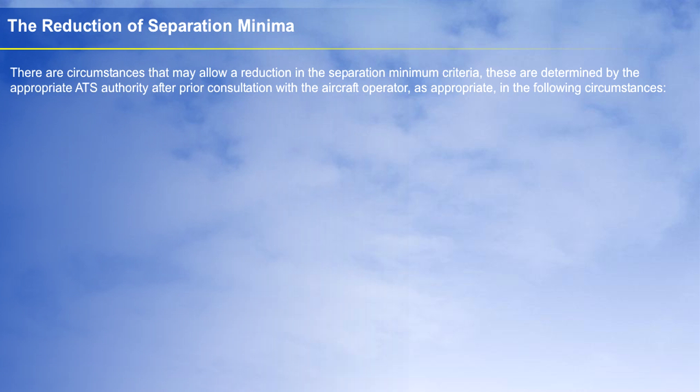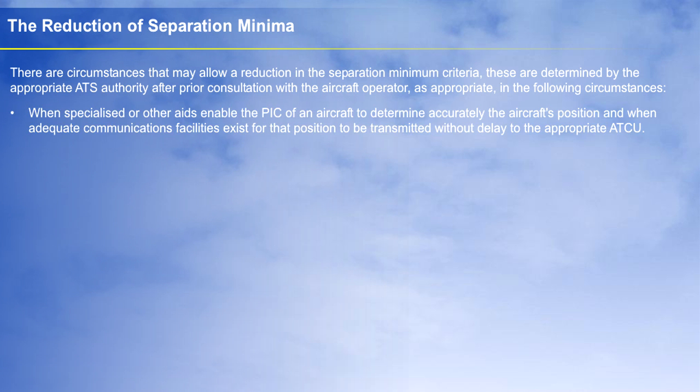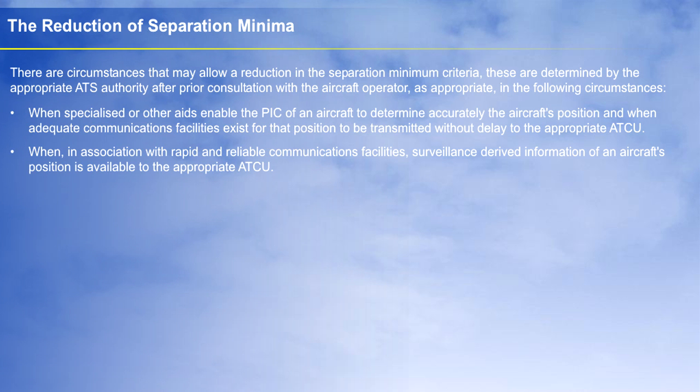There are, of course, circumstances that may allow a reduction in the separation minimum criteria. These are determined by the appropriate ATS authority, after prior consultation with the aircraft operator, as appropriate. These may happen in the following circumstances: when specialists or other aids enable the pilot in command of an aircraft to determine accurately the aircraft's position, and when adequate communications facilities exist for that position to be transmitted without delay to the appropriate air traffic control unit,